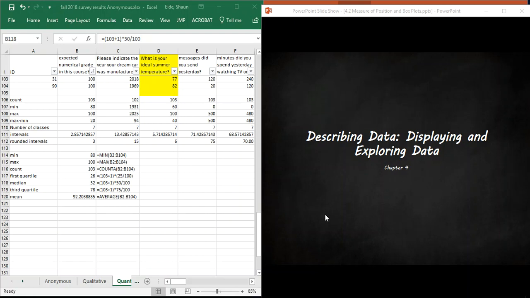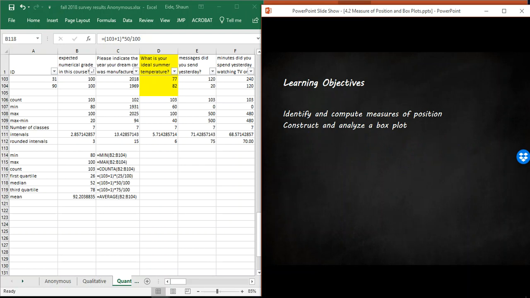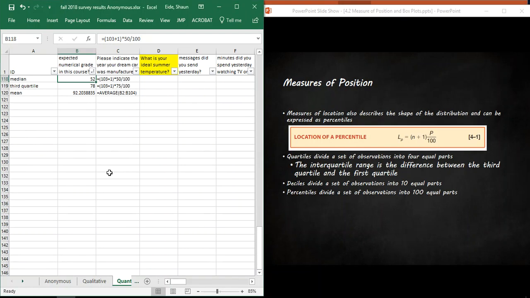So this lesson is going to be on describing data, displaying and exploring data. More specifically, it's going to be on identifying and computing measures of position, and constructing and analyzing box plots. Okay, so when we are talking about